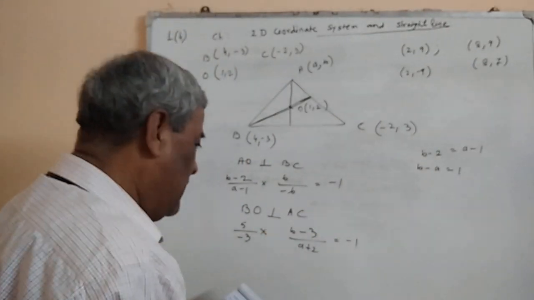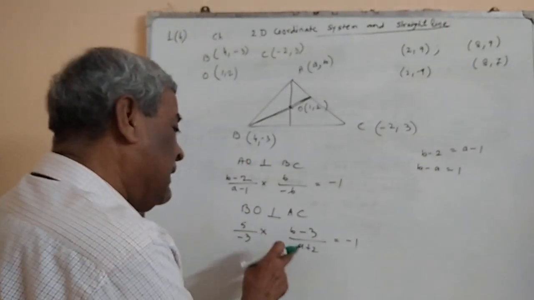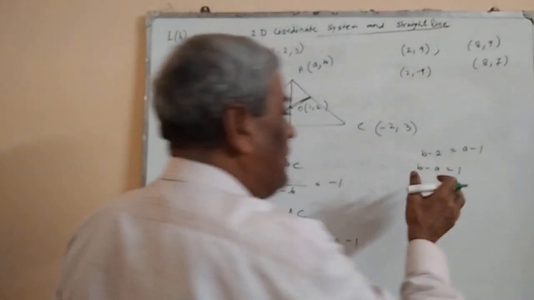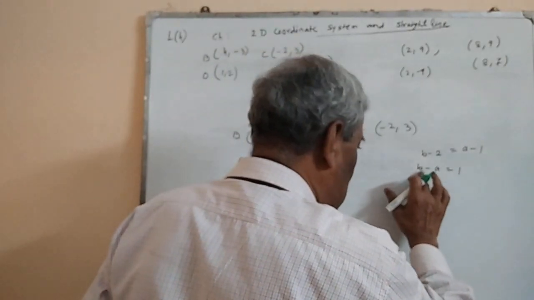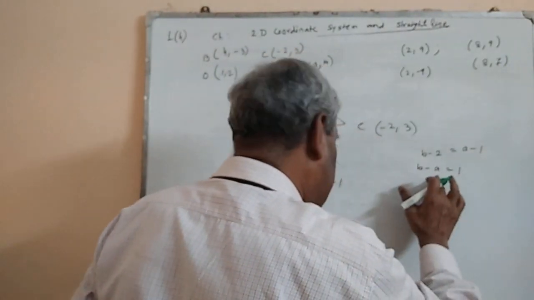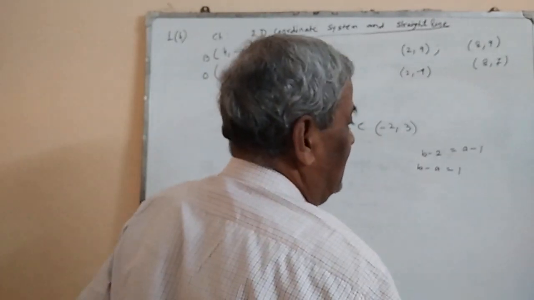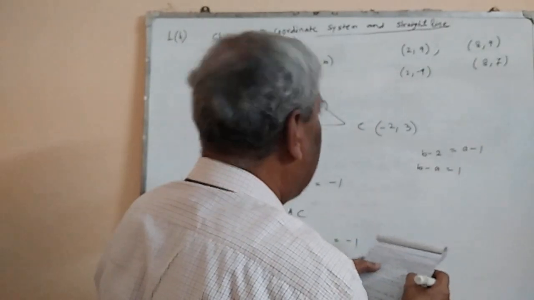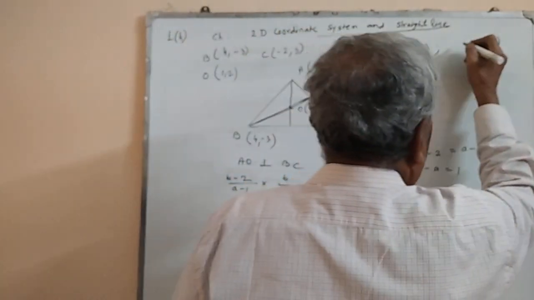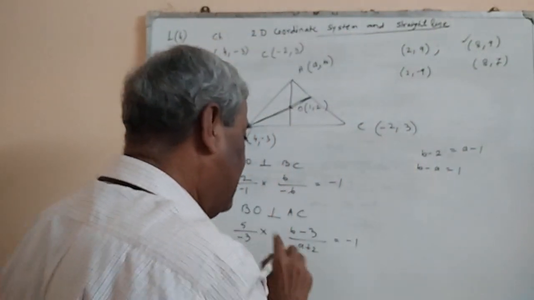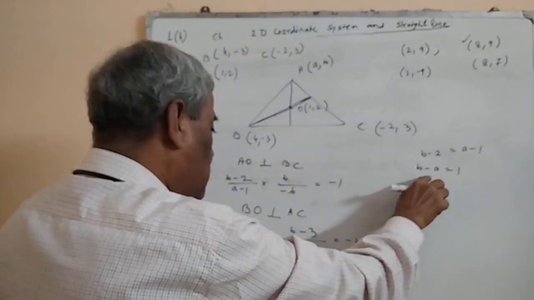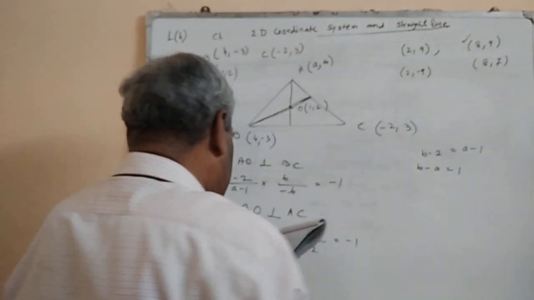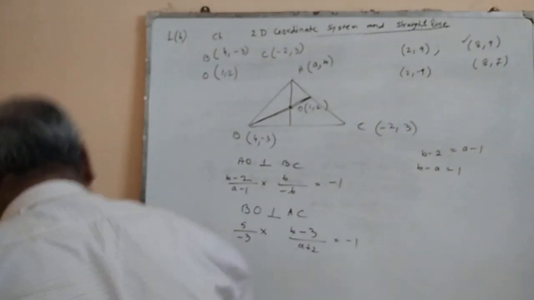So from there, you can find another linear relation between a and b. I have one linear relation between a and b here. So solving this and that, we can find the values of a and b. Next part, you calculate this one, simplify and solve it. You will get a is equal to 8, b is equal to 9. So next problem.